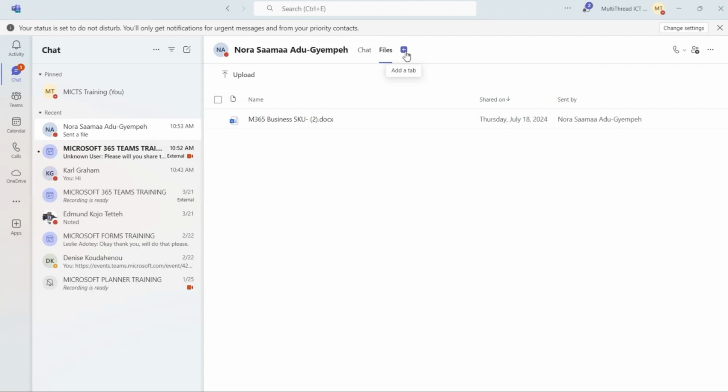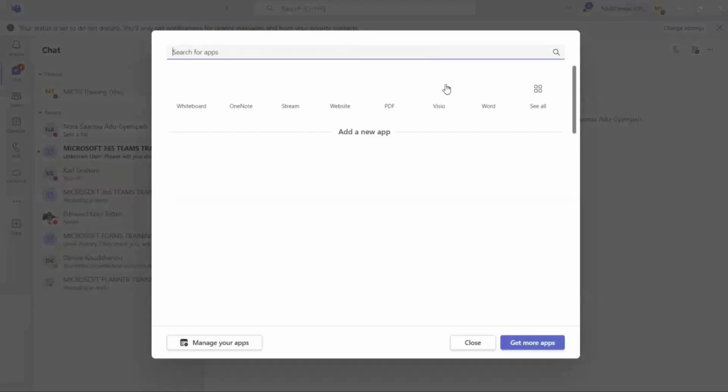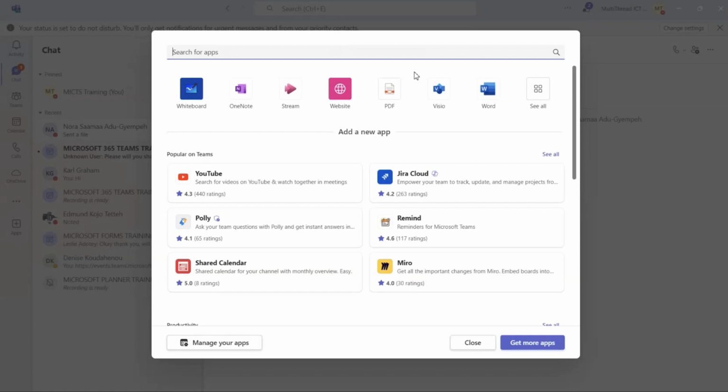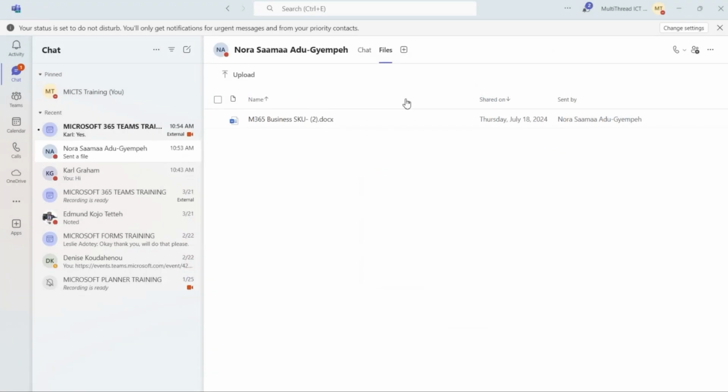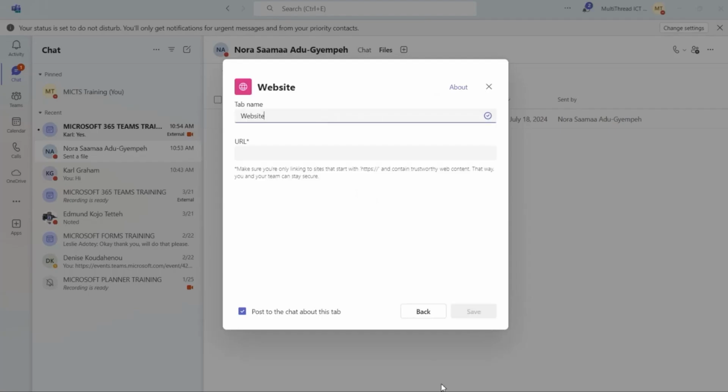Now we also see the add a tab button. As part of this conversation, I can go ahead and add maybe an application I want Nora to also have, which we'll be able to reference for the conversation we are having. These are some of the tabs that we can add. We can even add a website, for instance, to this particular chat. Let's say I remember I saw a blog somewhere and I want to add it here for Nora to be able to see, and then we can collaborate on that. I can quickly add that